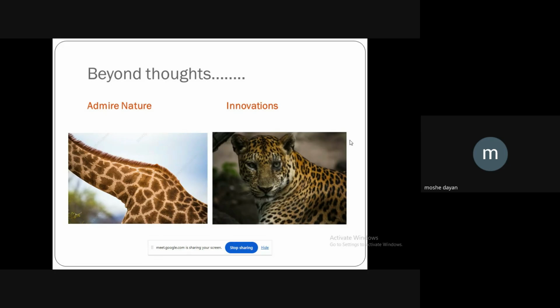Like what we say, two persons will never have the same thumb impression. No two leopards, no two giraffes will have the same pattern. The pattern will differ from leopard to leopard. This is an amazing God's creation. So in science, we can't say God. So generally, even for the thumb impression, right from the moment I'm talking here, over thousands of children are born in this world. But right from the first man we call Adam until the new child which is born last moment, no two children will have the same thumb impression.